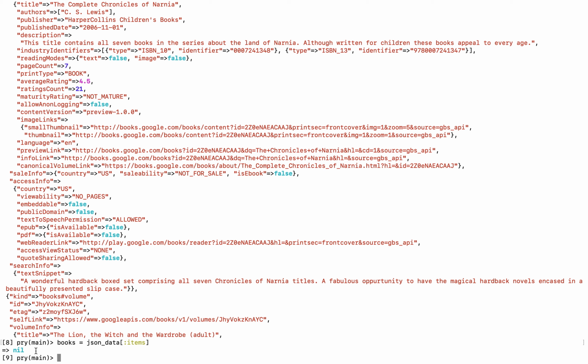So it technically won't break until you try to call something on it, and then you'll get that awesome error that's like, can't call the method on nil class, which you might have seen a bunch of times. But yeah, so make sure that when you reference those keys, we say JSON data